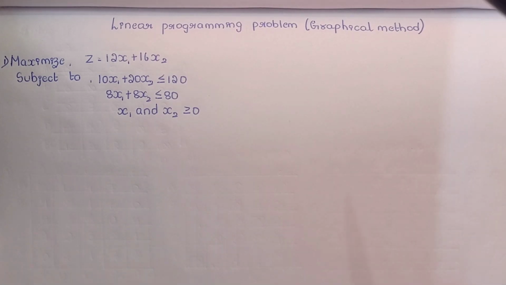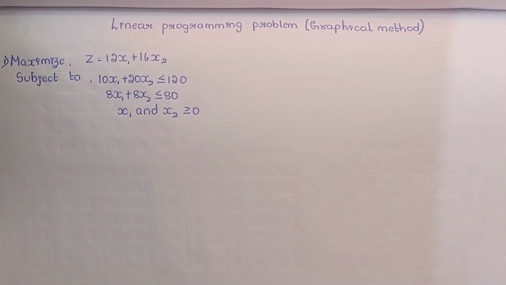Before starting the problem, let me give a basic introduction about this linear programming problem. When we take an organization, there will be two major objectives, that is a minimization objective and a maximization objective. When it comes to a minimization objective, the organization will make an effort to minimize the cost of production, that is the expenses incurred in producing the products. When we take the maximization objective, the organization will always make efforts and also formulate strategies to improve the